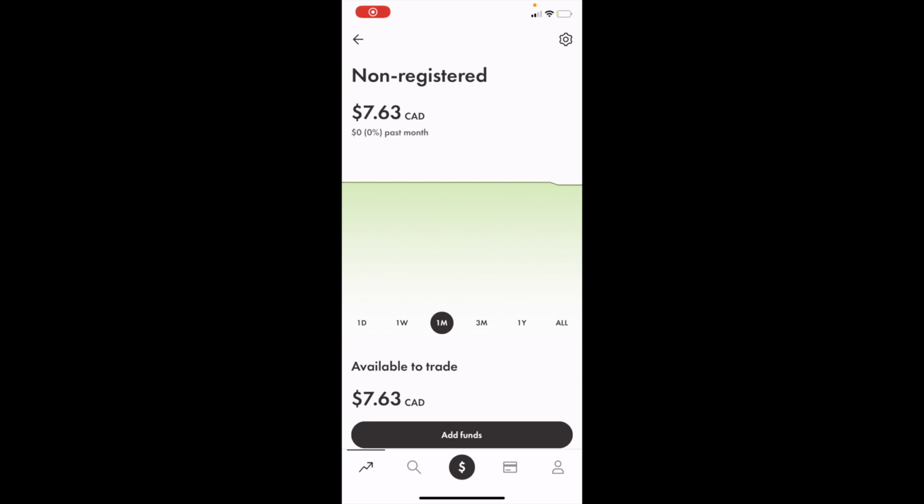So in this Wealthsimple tutorial video, I'm going to be showing you guys how to buy Ford stock, ticker symbol F in Canada on Wealthsimple. So once you're into the Wealthsimple app, go into your trading account, go to the bottom left here and press